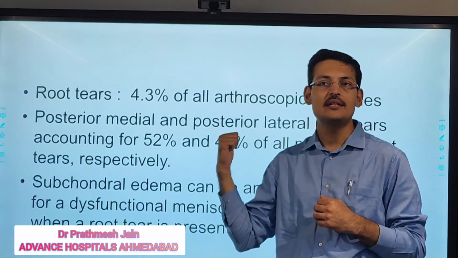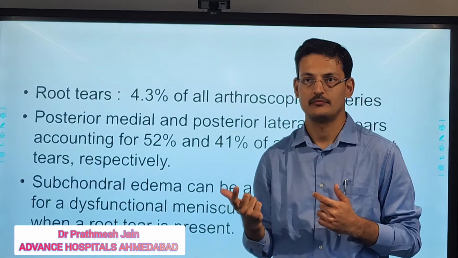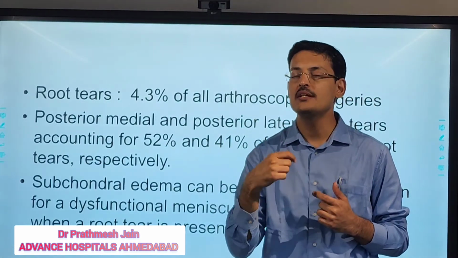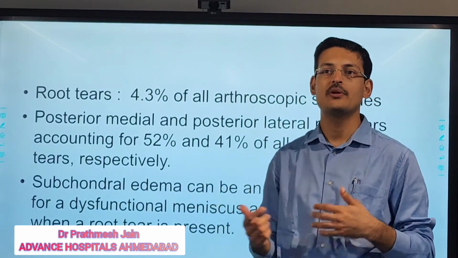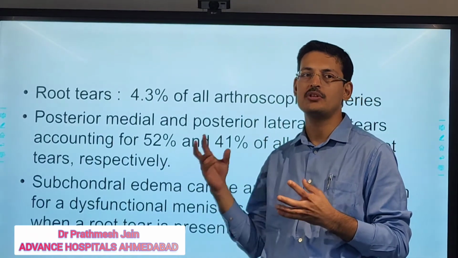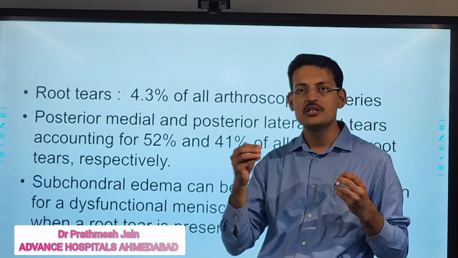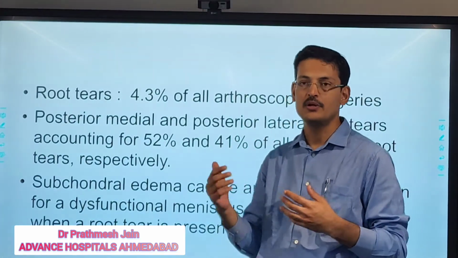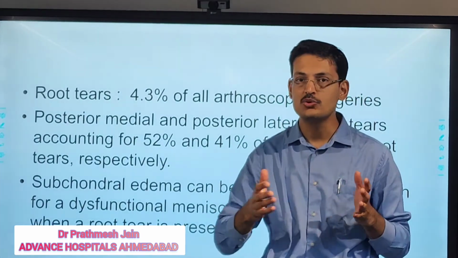Another important thing is, whenever you take an MRI and you see the MRI, that is a supine picture. If you see extrusion on MRI, this extrusion is bound to increase when the patient is walking, because it is in standing position. So if you have an extrusion of about 3 to 4 millimeters on MRI, you should probably imagine it to be about 6 to 7 millimeters on standing or walking, because MRI is a supine study, and when the patient bears weight, the extrusion is bound to increase.